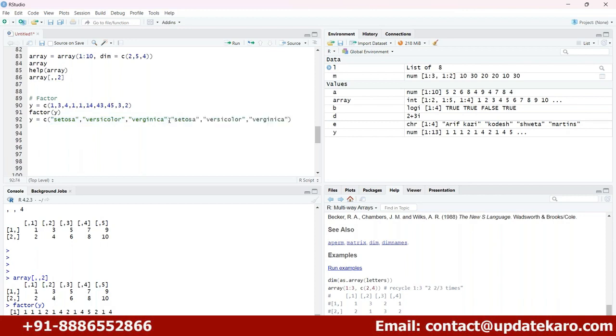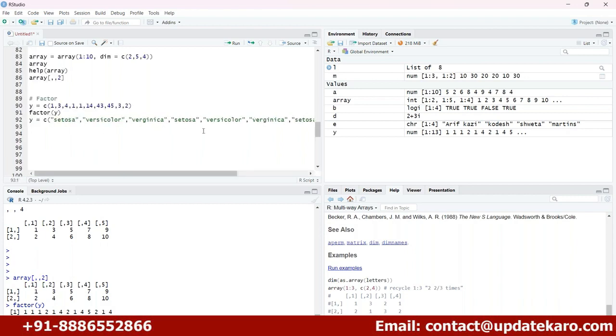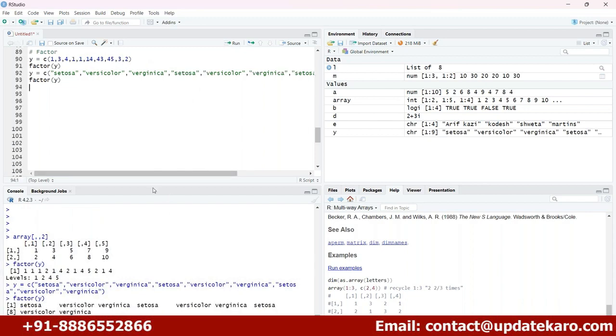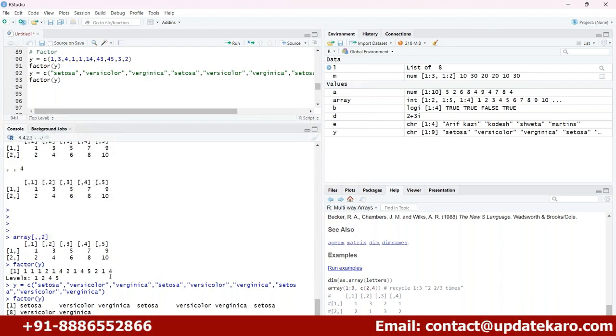So let me copy this again. Again, we can copy this, and after this, let me go and apply the factor on it. So let us go and run this. And here you will find that, basically, the definition of factor is nothing but something you can use